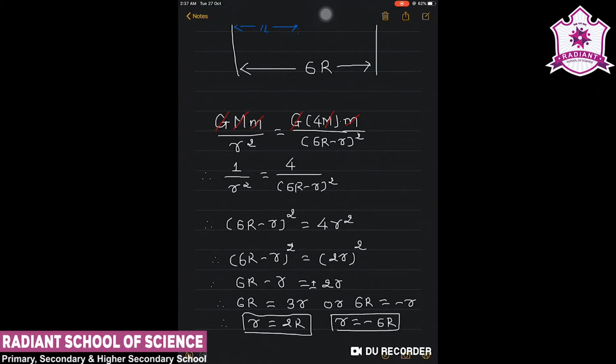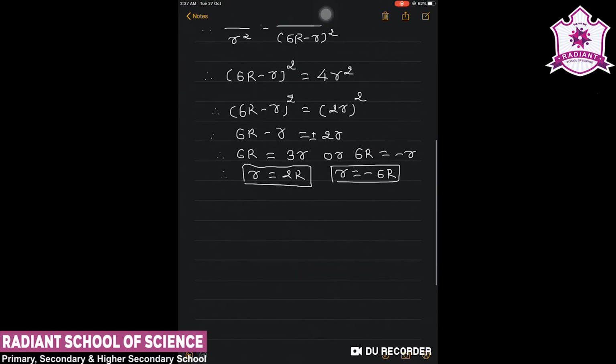Now it is sufficient to project the particle with a speed which would enable it to reach up to point N. Thereafter, the greater gravitational pull of 4M would suffice. Now we know that mechanical energy remains constant, and suppose at the surface of sphere M, the mechanical energy